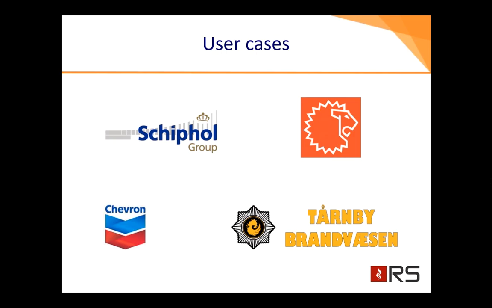Another example of what we are working on at this moment is with Lion, the training facilities they do. That's focused on combining physical training with virtual training. Prepare your physical training on the simulator, go outside, do your physical training, and continue what you have learned on your virtual training. Another example of a user of the Response Simulator software is Chevron, the oil